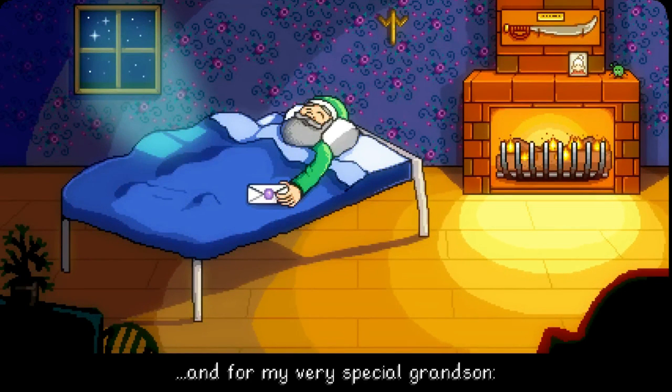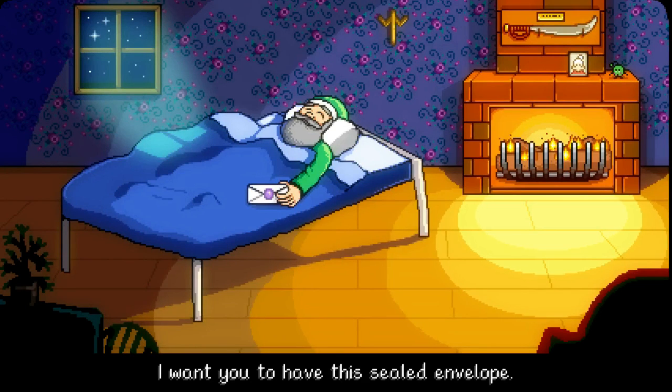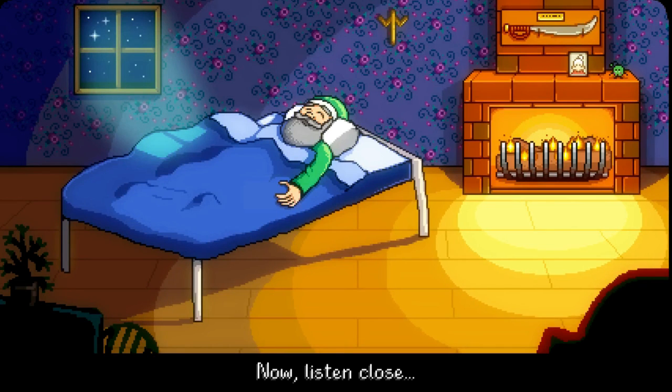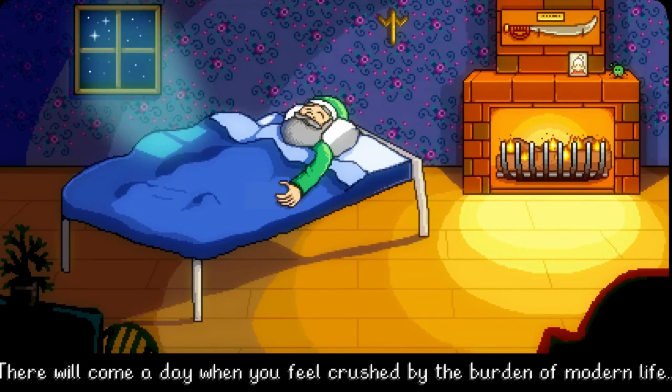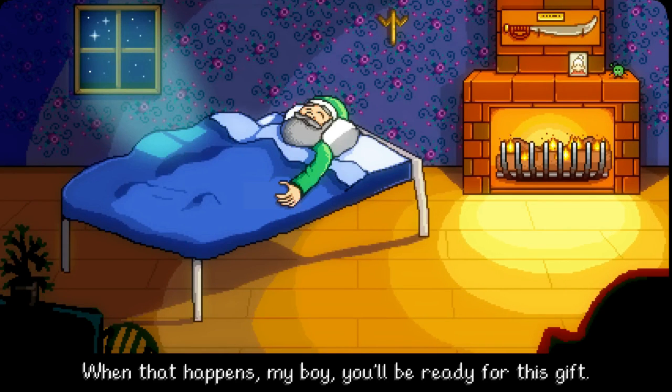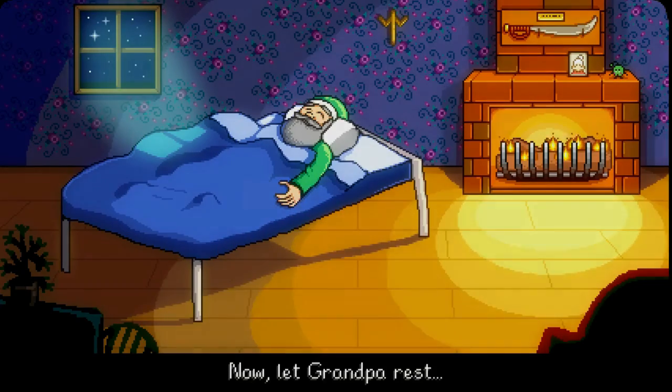And for my very special grandson, I want you to have this sealed envelope. No, don't open it yet. Have patience. Now listen close. There will be a day where you feel crushed by the burden of modern life. And your bright spirit will fade before a growing emptiness. When that happens, my boy, you'll be ready for this gift. Now let Grandpa rest. Years later,